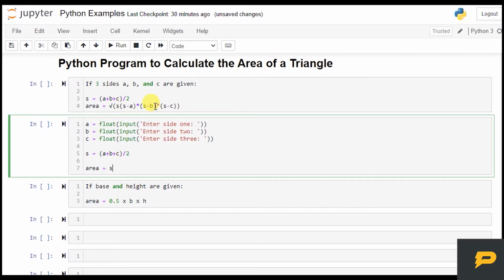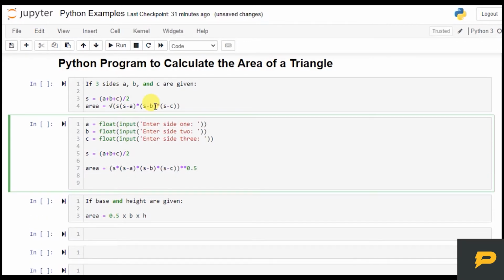Now our S will be A plus B plus C, and the whole divided by 2, and our area will be S multiplied by S minus A multiplied by S minus B multiplied by S minus C, and the whole square root of this, which will be the whole power 0.5. So now this is our area, and now let's print